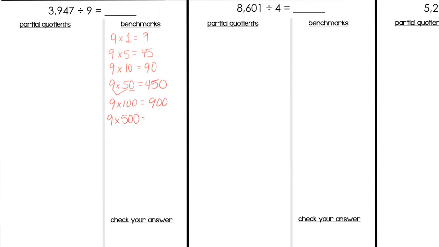So 9 times 5,000, we discussed 9 times 5 is 45, and then 2 zeros. Oh dear, that's way too big. I'm gonna say, all right, 100 groups of 9 was too small. I only got to 900. 500 groups was too big. I'm gonna try going down to 400